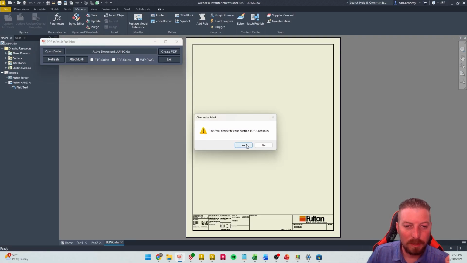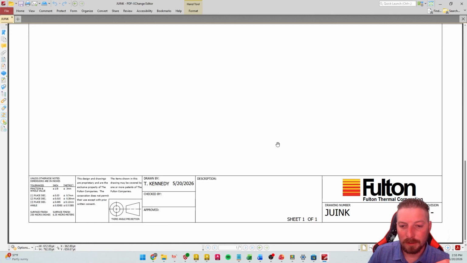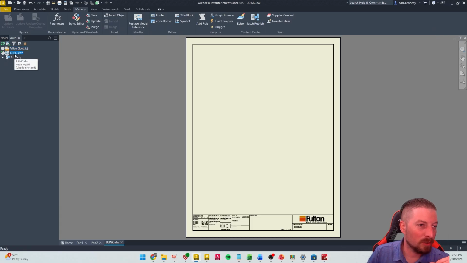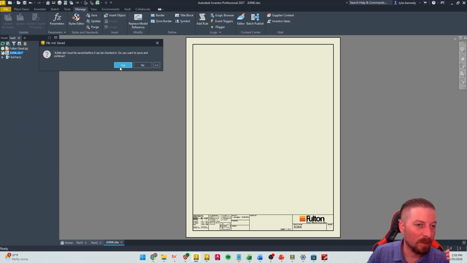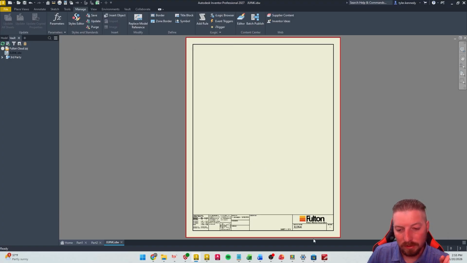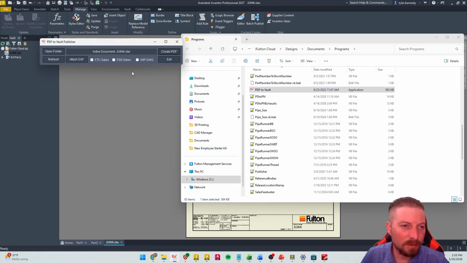So I'm going to create PDF. It's letting me know it's going to overwrite anything. I'm okay with that. So you can see here that third party popped up. It's a blank PDF. So now when I go to check this in, it automatically grabs that PDF too, which is convenient. The other thing that PDF program does, totally up to you if you utilize it, but I find it handy,